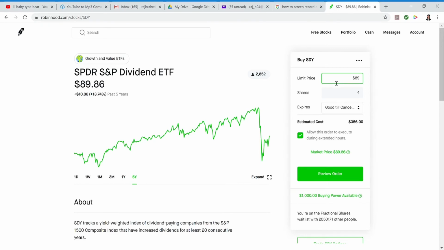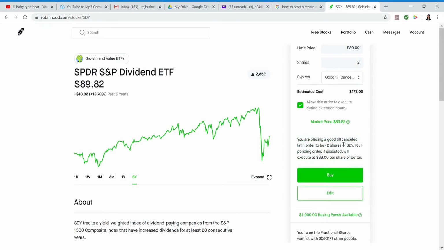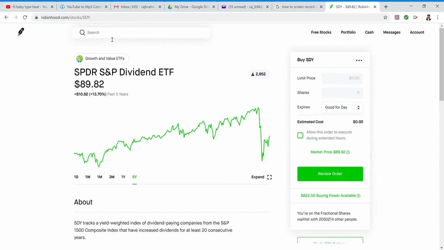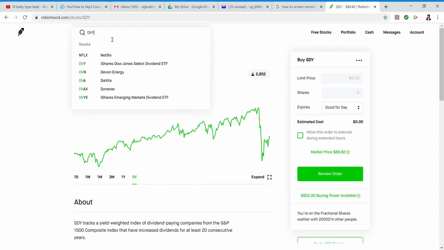So I'll put it at 88, and I'll put in, I guess, not 4 shares, but I'll put in 2 shares because I want to get the rest of my portfolio as well. And you'll see whatever else I'm about to buy as well. So I know 4 would be too much because I only got 1,000 to play with. So I'm gonna put in 2. I'm gonna change this. I put good till cancel and then review my order. So good till cancel pretty much means it'll be good for 90 days. Finish that and boom, that's the first stock right there that we get.